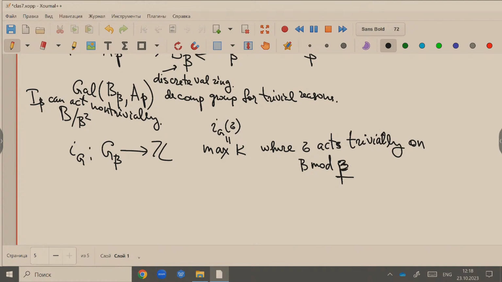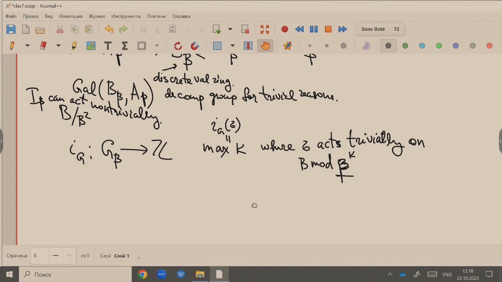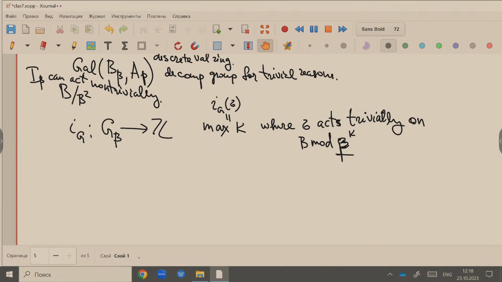On mod B k. So this has several properties. So that means that you can compare. So just this can be said that we can compare either the following things. So we can compare the valuation